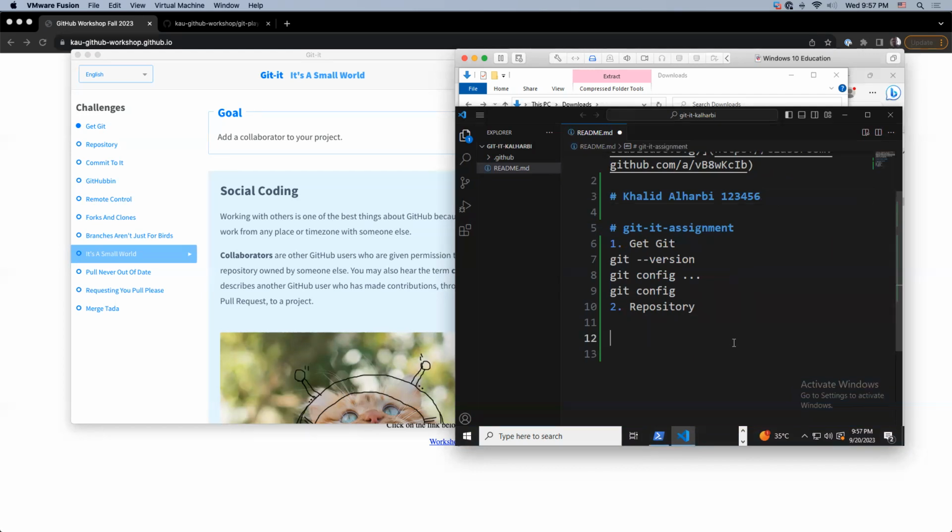And then you add a screenshot of Git. Not the code, only a screenshot of Git. You don't need the code; they want you to write it in text under each step. And then I want you to add a screenshot. How do I add a screenshot? Once you take a screenshot,